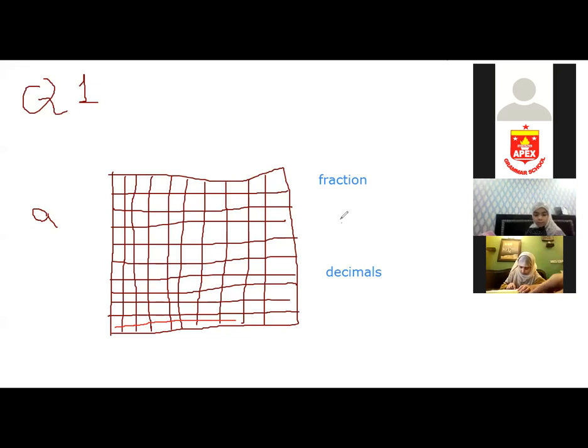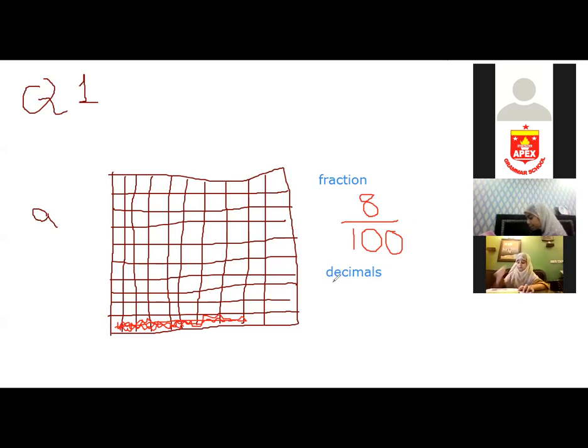In the last class, if you remember, we write in a denominator the total boxes that are shown on your figure. So the total boxes are 100. So I'm going to write in a denominator 100. Now how many shaded boxes are there? There are 8 shaded boxes in this. So on the top of 100, I'm going to write 8. This is a fraction.